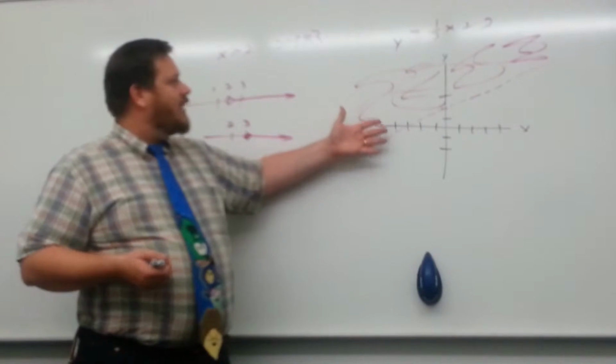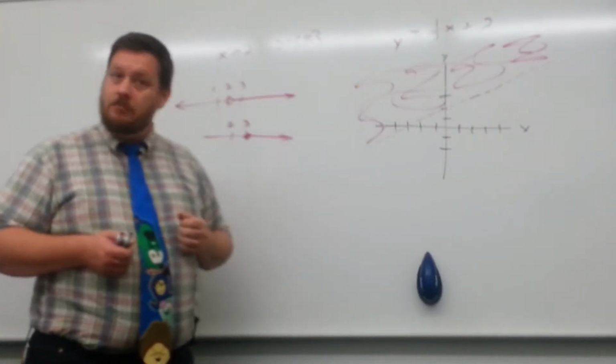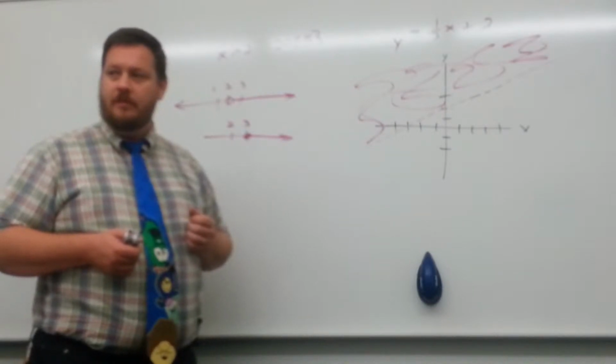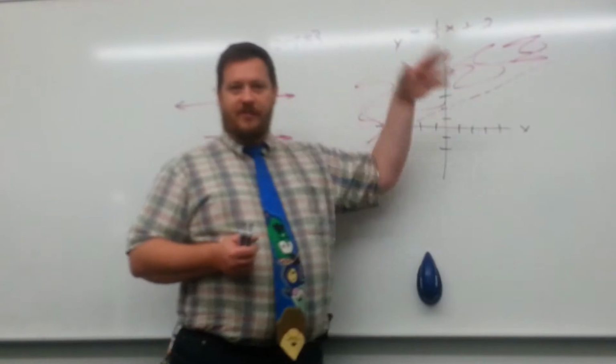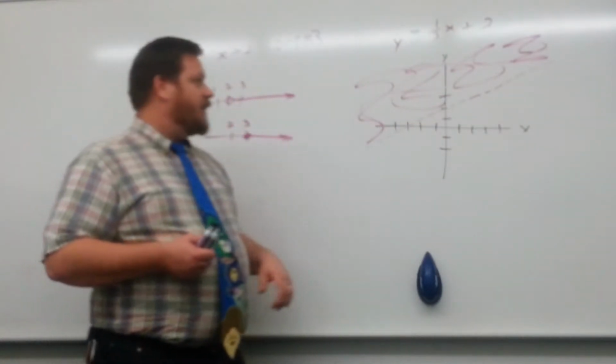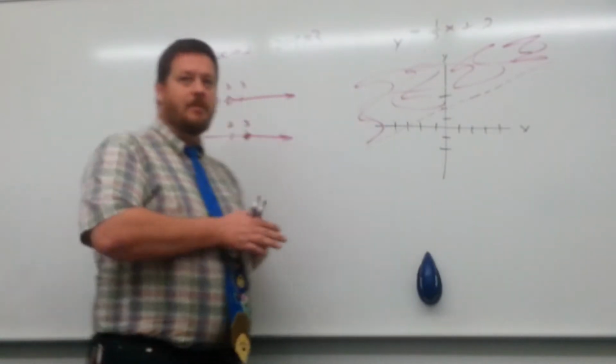Cool. So now I have the graph of y is greater than 1/3 x minus 2. Not too shabby, huh? If it's less than, is it like under? So if y is less than something, then you would be shading under, because on the y-axis, less than is down. Okay, and